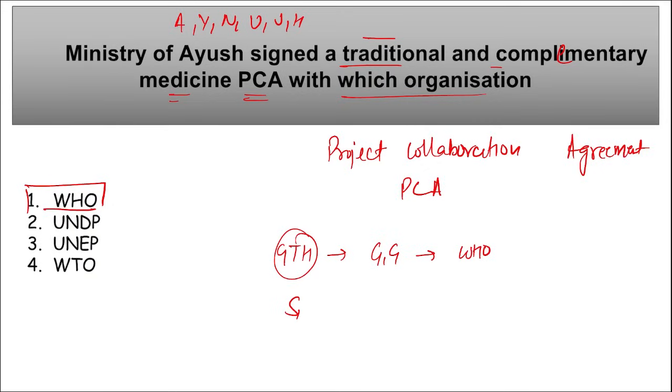And what is this PCA agreement? Basically, this is to standardize the traditional and complementary medical system into a national health system. Also, this will advance the traditional and complementary medicine by modernizing it into a globally accepted medicine. We know, as of now, if we look at the culture globally, we are more focused on the medicines that are chemical based, right? And not focused on the medicines that are Ayush based, that is your traditional medicine system, correct? So in order to make a shift from these chemical based medicines to these traditional medicine systems, this PCA was signed between WHO and Ministry of Ayush, so that more and more people can accept these traditional medicines,